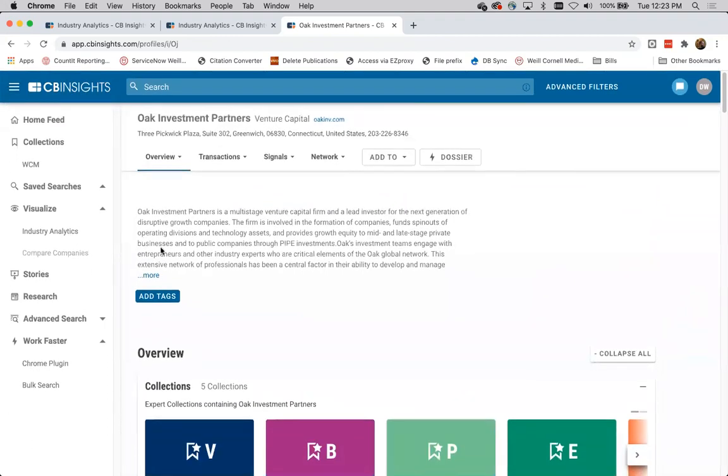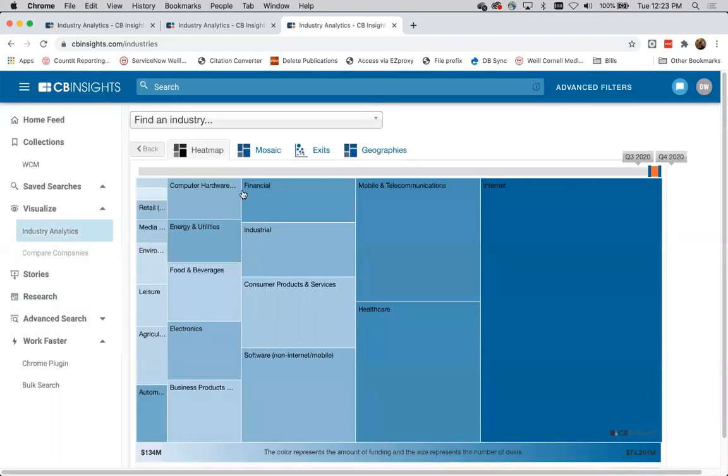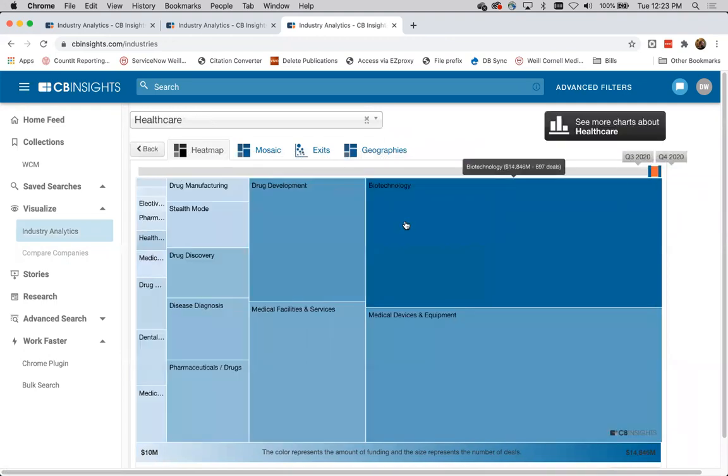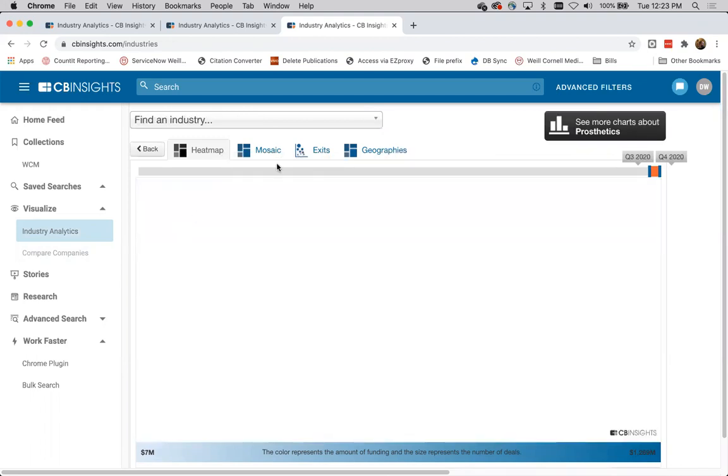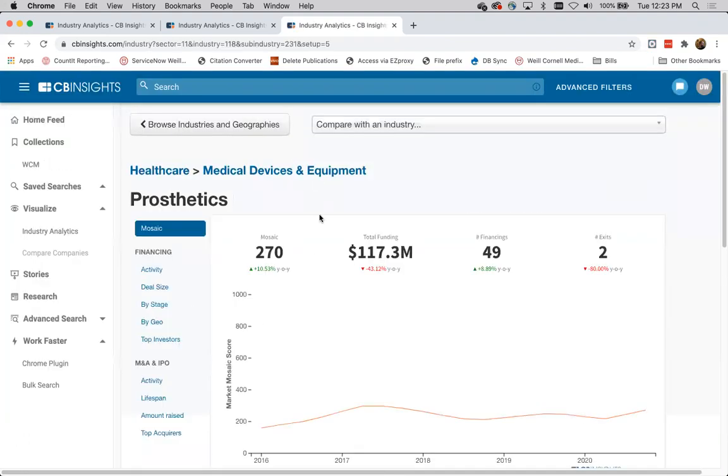Cool. So any questions about using the industry analytics button? None that I see yet. Cool. So you can also drill down. I mentioned the heat map before. You can drill down, so you can get into healthcare and then look at these other specific healthcare topics. So if we wanted to say medical devices, you can just keep clicking down until you hit the end of the chain. And when you don't get any more information here, you just click see more charts, and that bumps you into this